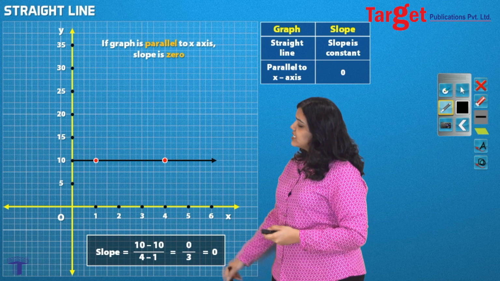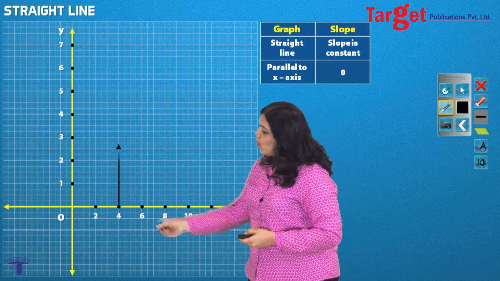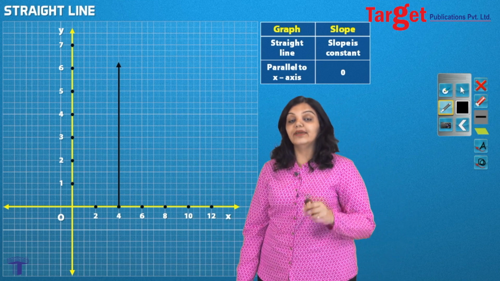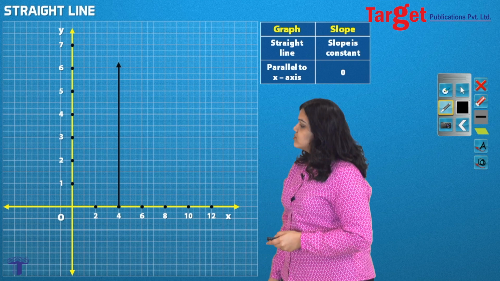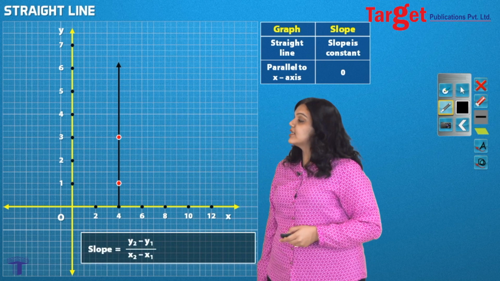But now what about this kind of line? What if I have a line which is parallel to the y-axis? What happens to such a line? In this case, I claim that the slope will be infinity. Let's check it out. I take any 2 points on this graph and I do the same application of the